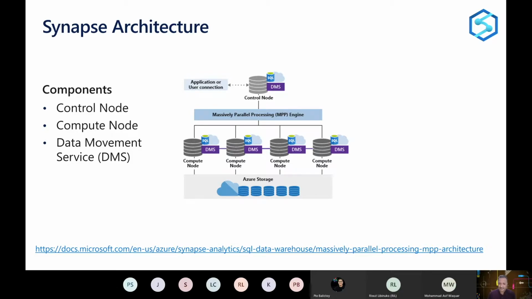It uses the Azure Data Lake storage as a backing storage, and it tries to separate the compute and the storage part of the whole engine. And in terms of distributing the data, there are three options in which we can distribute the data. First one is hash, where we use a function to distribute the data across the 60 distributions based on a particular column. The other one is round robin, where all the data gets distributed uniformly across all the 60 nodes. And the third one is replicate.